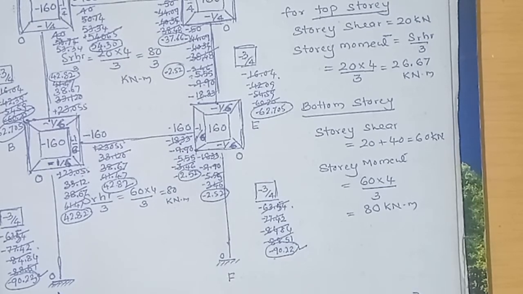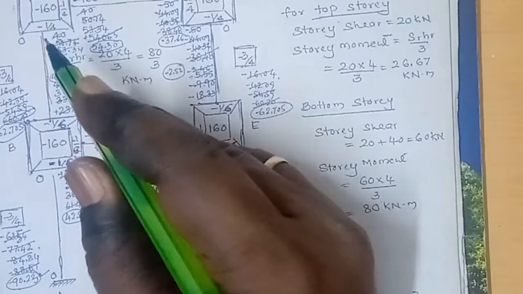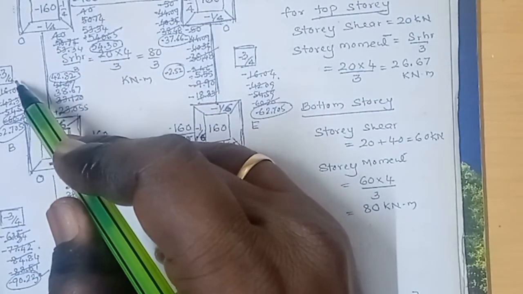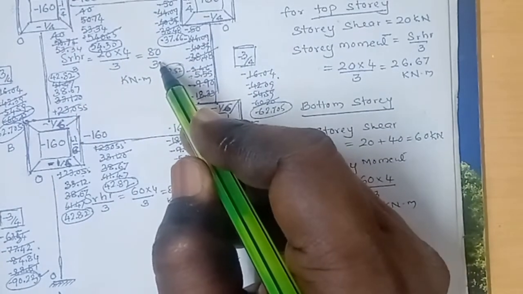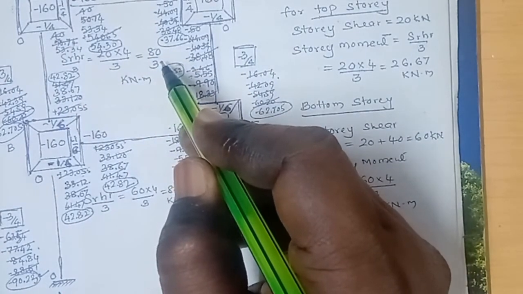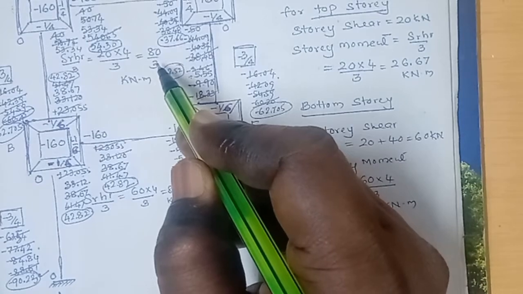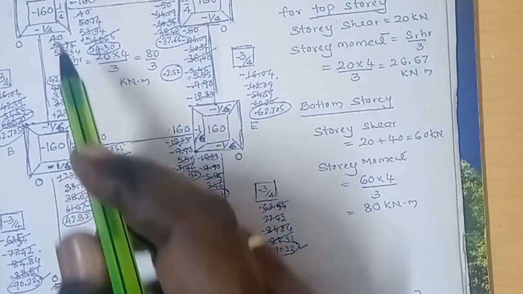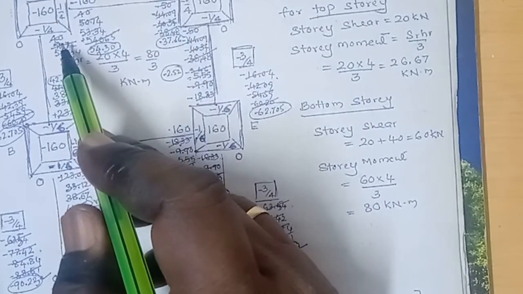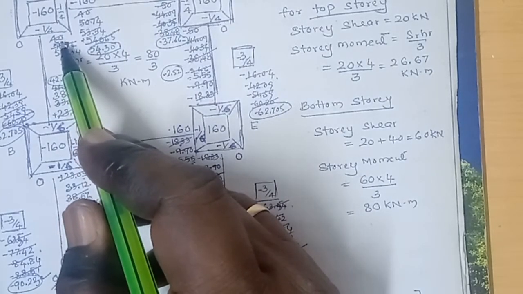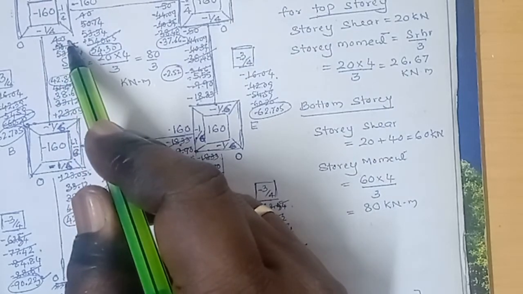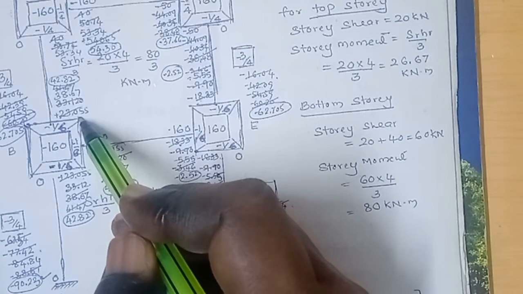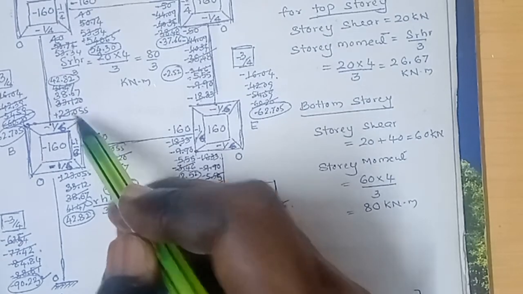Then M double dash CB for the upper story. Here the displacement factor is minus 3 by 4, the story moment is 80 by 3 inside of the bracket. Then we have to write the lower story contribution, that is upper story contribution from C to B, that is 40, then from B to C, that is 23.055 for this column.